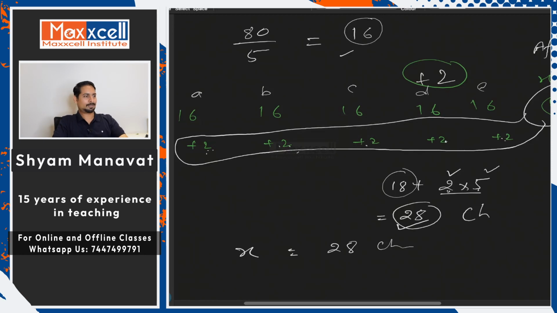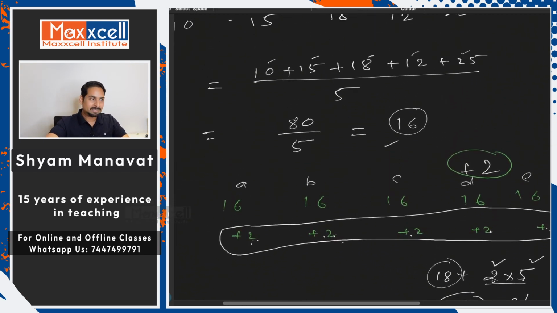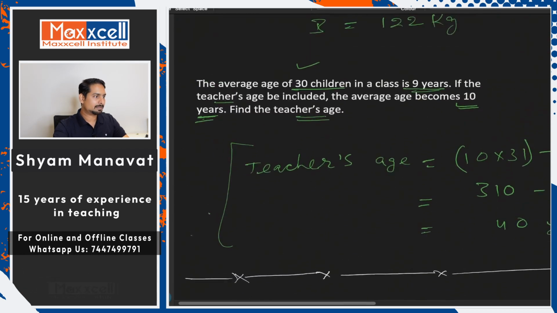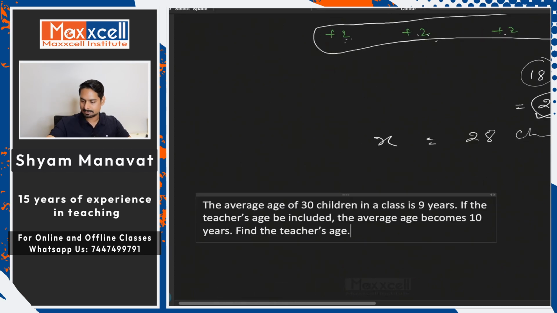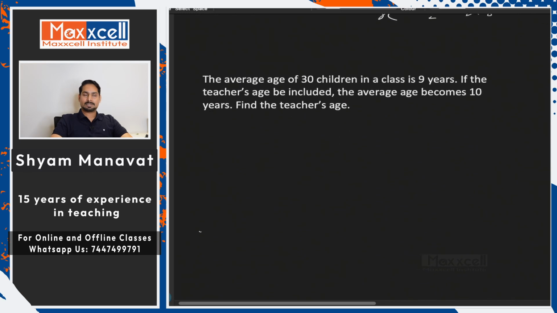Yes? Great. If yes, then let me show you the previous 2 questions with this shortcut. Now you will see, when you solve in the exam, how quickly you will get the answer to this type of question. So the question is, the average age of 30 children in a class is 9 years. When a teacher joined, the average became 10. If the teacher divides his age equally amongst all the children, everyone gets 10,